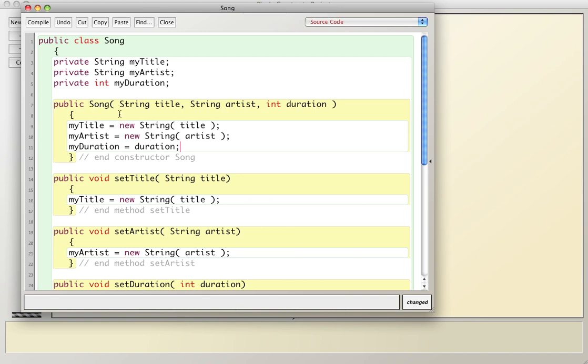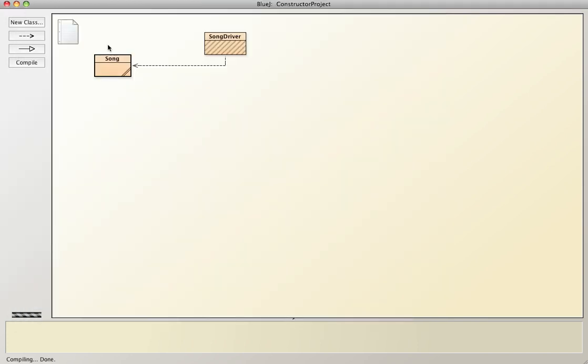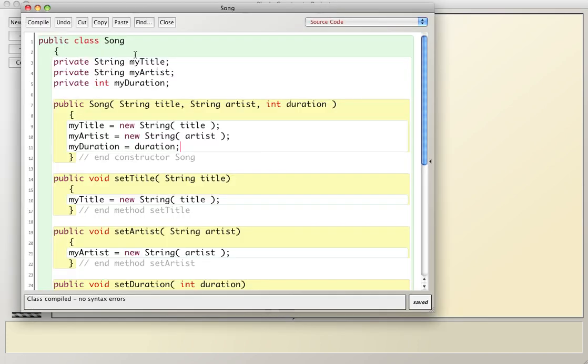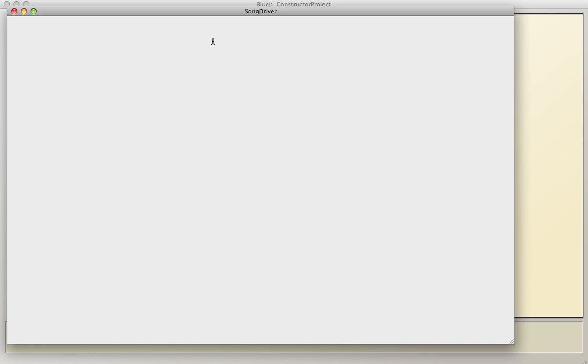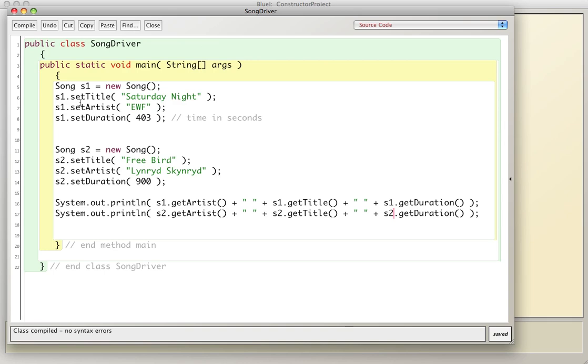But what I can do is when I create a song, when I use new, and I'll show you how it works, I can actually create it and at the same time set all the information up at once. So here's a constructor. I'm going to give it a title, an artist, and a duration. So instead of, compile it, should be good. Instead of, in the driver, calling all three of these independently, which you could do, and it might be nice to have those independently if you want to